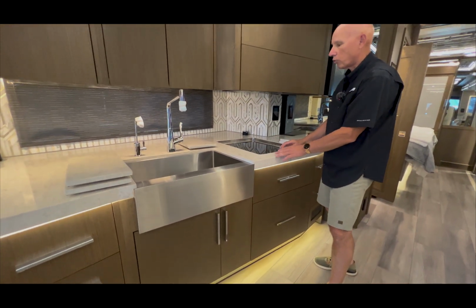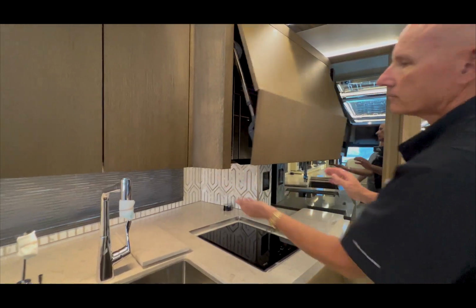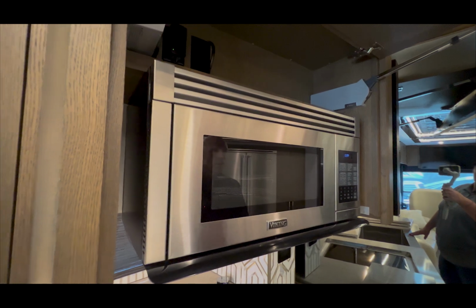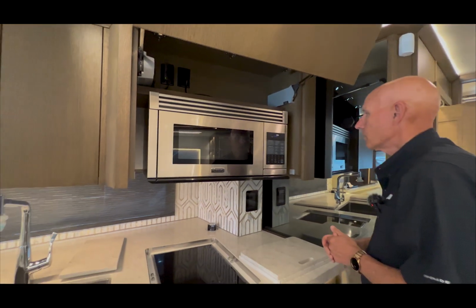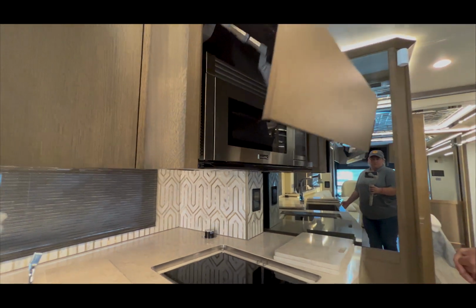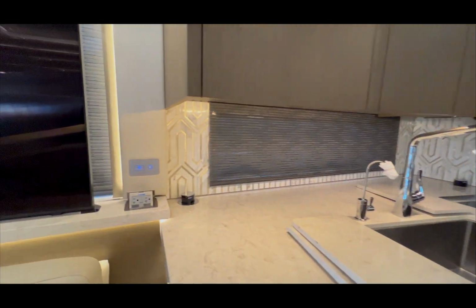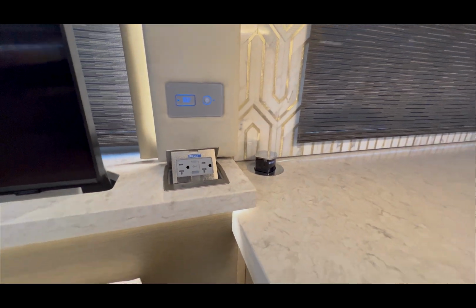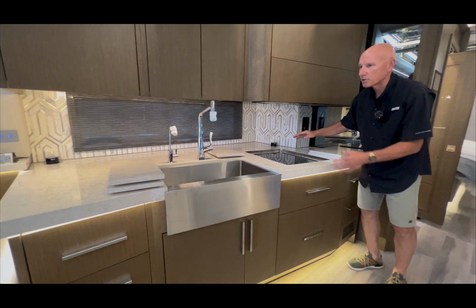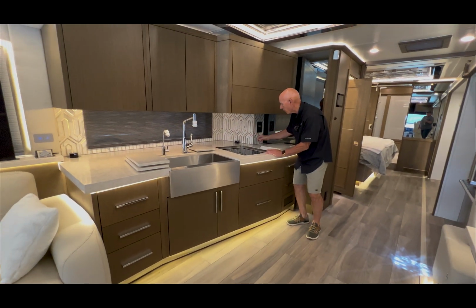You have upgraded Wolf cooktop, and you have your concealed Viking microwave convection for all your cooking needs. Lots of power ports down below. You can see those on the back. A nice sized kitchen window. And the space to put some of your appliances once you're actually camped. It's kind of far to reach, but at least they're there, and then you can pull them forward for the